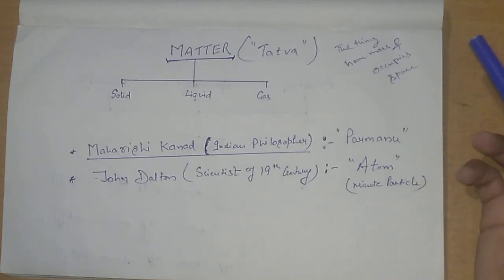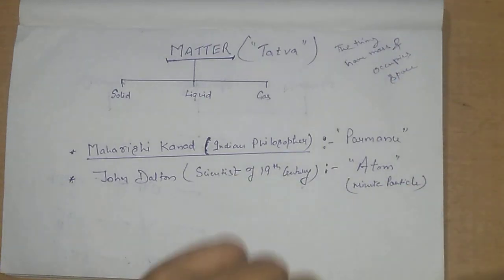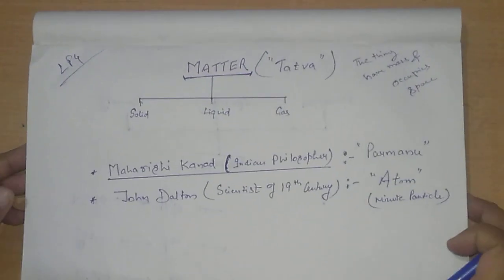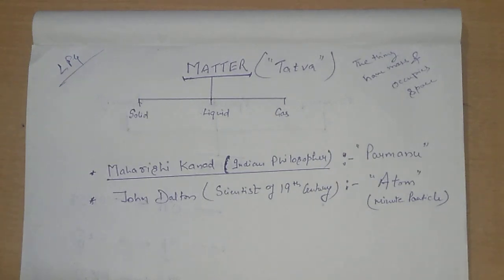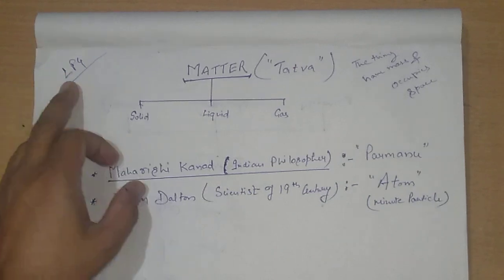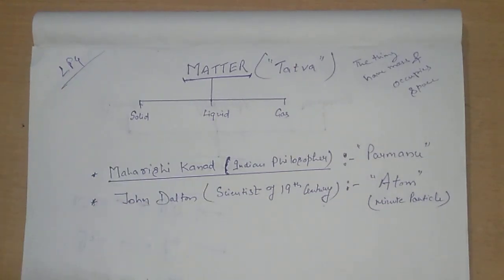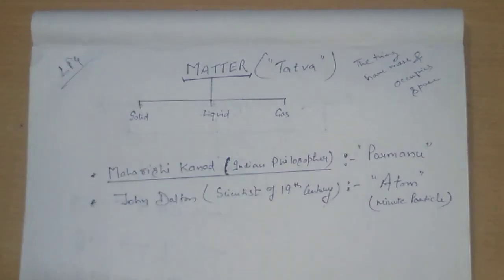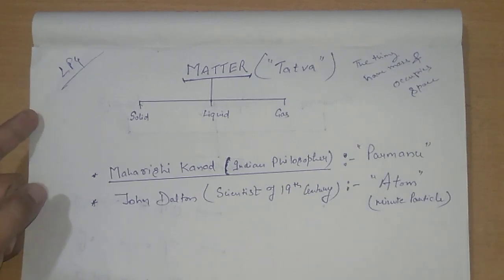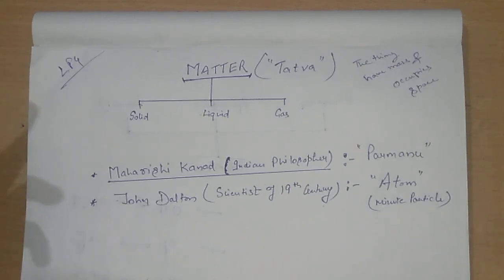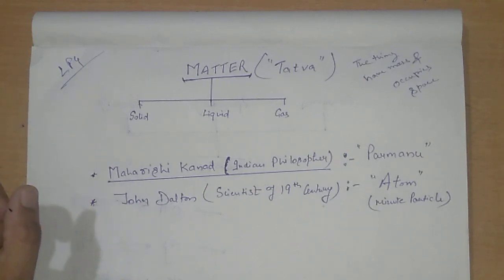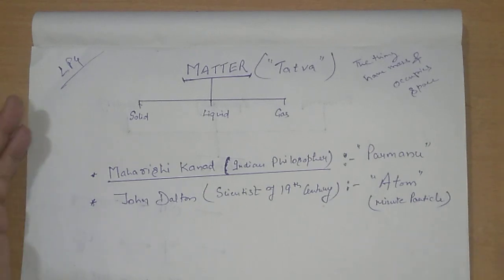Like for example, liquefied petroleum gas, LPG. Clear? What is LPG? LPG is the common gas which all of us use in our homes for cooking purposes. Clear? So what is LPG? Liquefied petroleum gas. You might have heard about it in the previous classes. LPG is a liquefied petroleum gas, that means a gas which is compressed and converted into the form of liquid. It is used for cooking purposes or for different purposes. But here what we are saying is that two or three forms of matter are considered here.